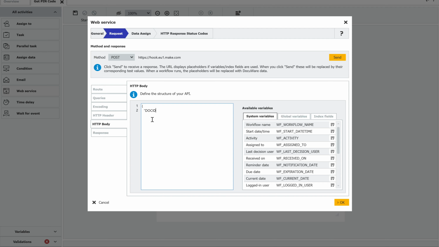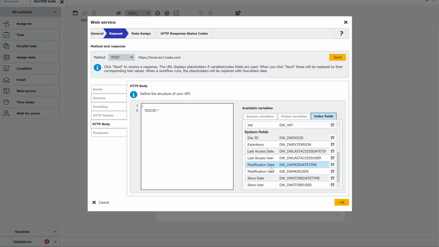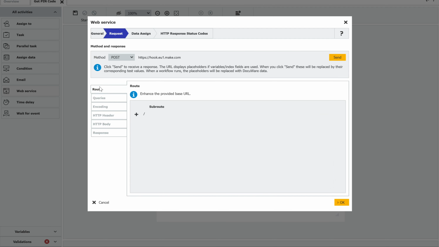So I'm just going to put doc ID, and I'm just going to map that to the doc ID. Again, it doesn't really matter what we use here, I just have to use something for this service in the demo. Under the root, click the plus again,